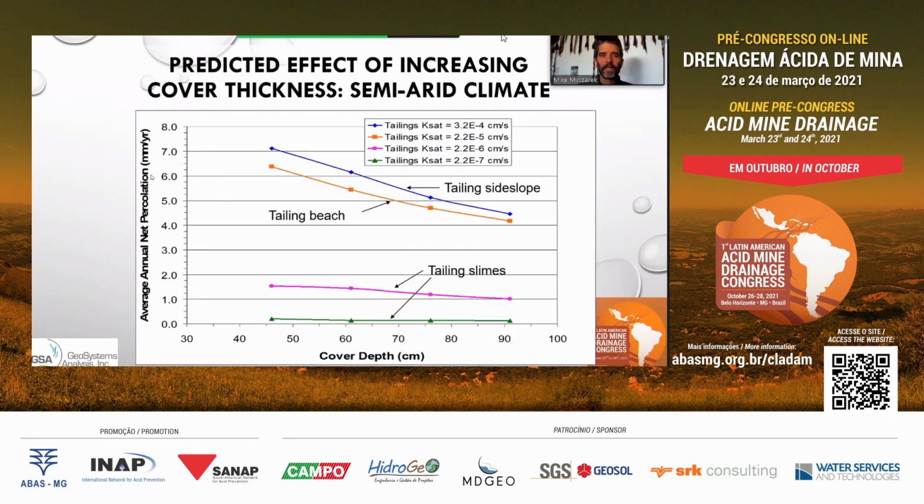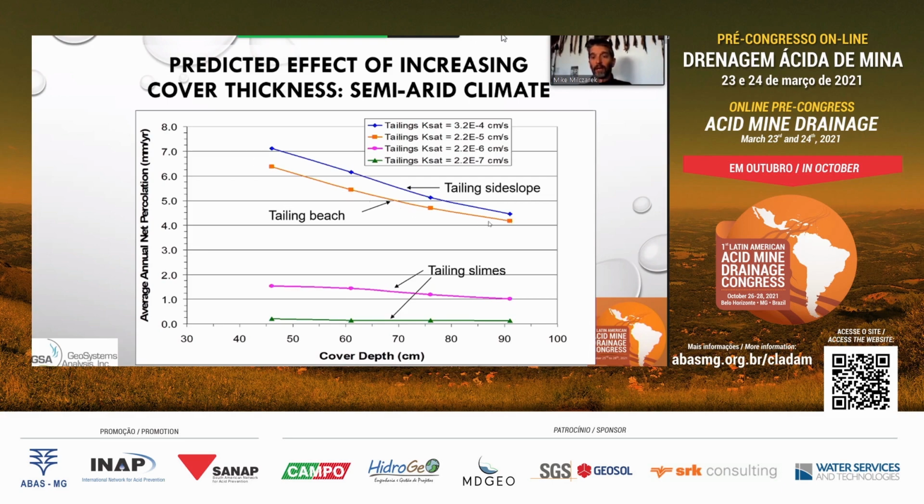Now, this is just an example of looking at some different cover system designs. And this is a simple cover, and this is a semi-arid site that gets about 350 millimeters of precipitation a year. And so we looked at different cover system depths that we modeled anywhere from 30 to 90 centimeters. And on the tailings beach and the tailings side slopes, these are the areas where I was saying that the coarser tailings material, we found that increasing the cover system depth to about 90 centimeters would continue to decrease